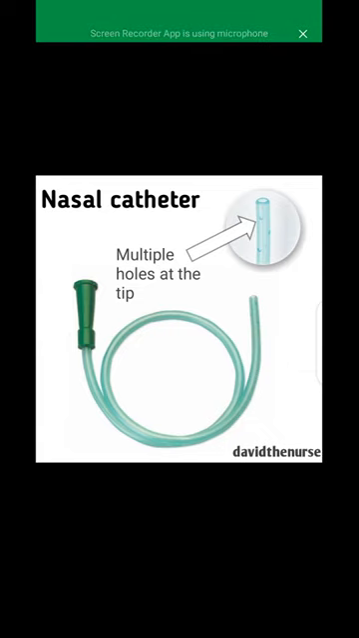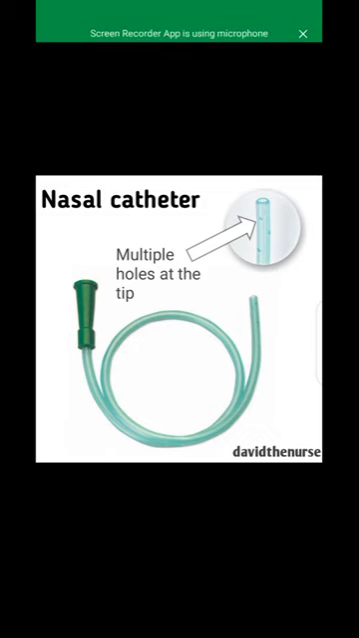Look at the diagram. Nasal catheter is different from nasal prongs. Nasal prongs have two tips. Nasal catheter has just one tip, but you will see multiple holes at the tip of the nasal catheter. So if you want to start with the right nostril or right nare,